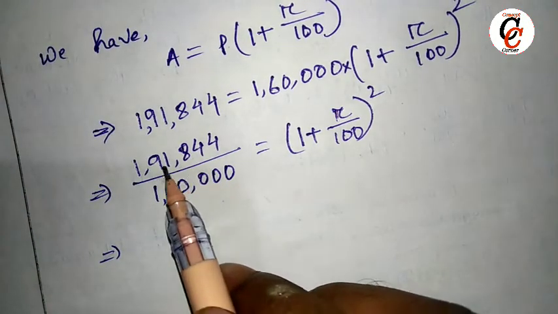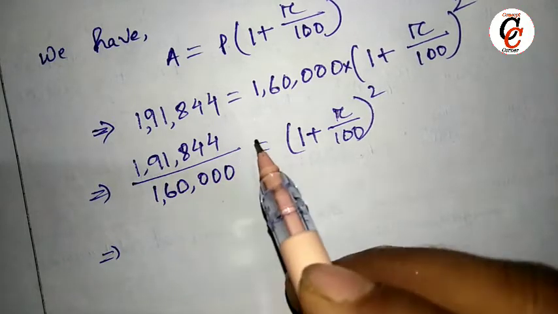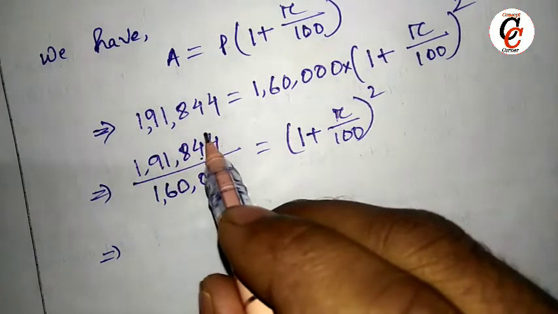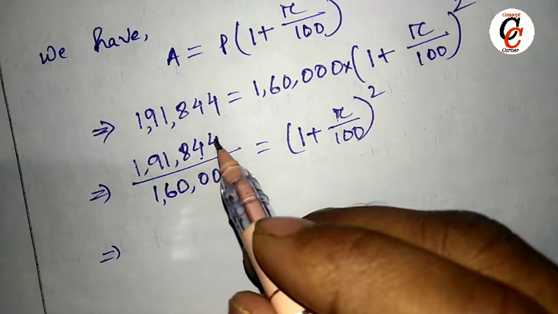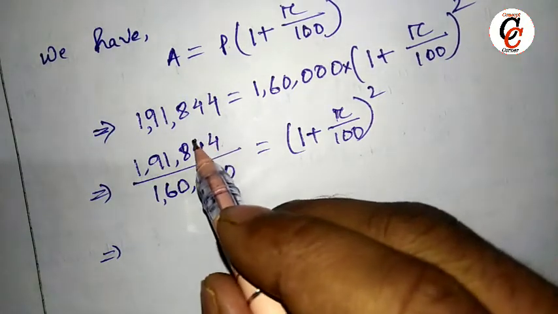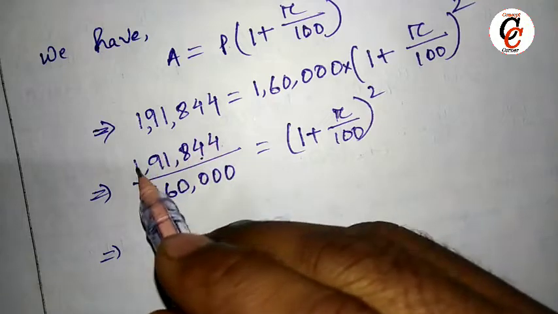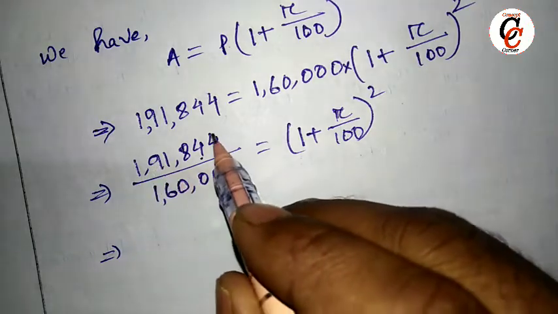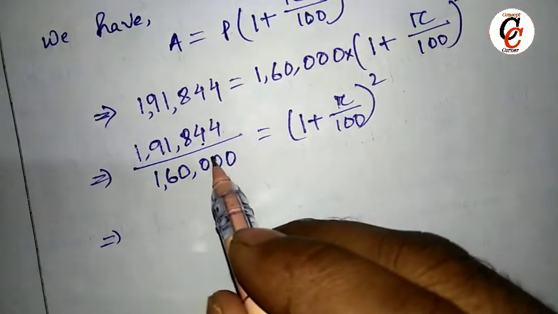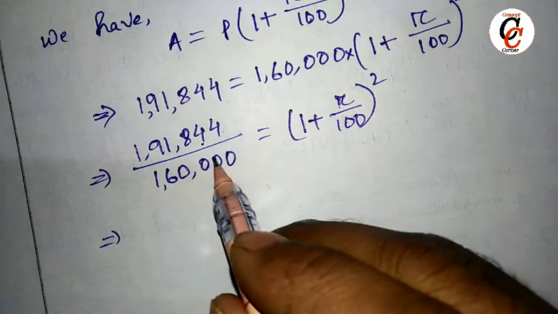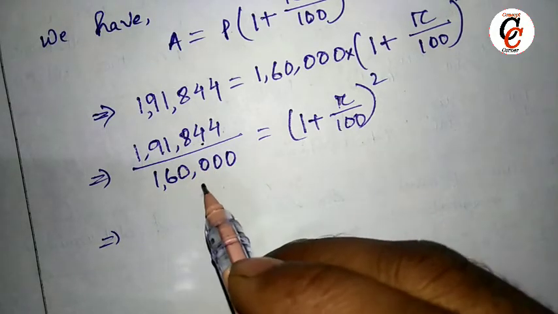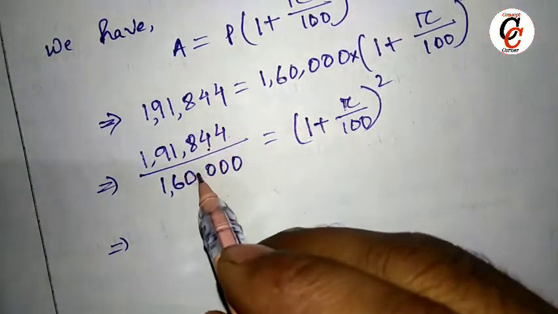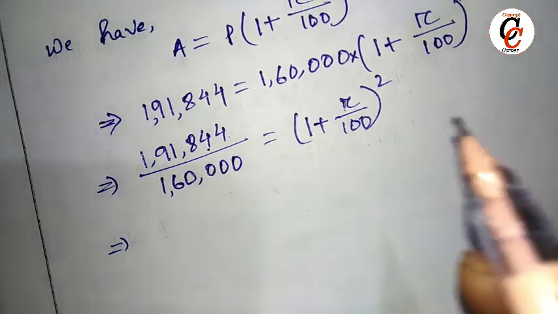Now see by what value we can divide both numerator and denominator. Since the last 2 digits are 44, it can be divided by 4. When the number formed by the last 2 digits of a number is divisible by 4, then the whole number is divisible by 4. Since 44 is divisible by 4, this whole number is also divisible by 4. Here also the last 2 digits are 00, so 00 can be divided by 4, so this whole number can be divided by 4. So after dividing both the denominator and numerator by 4, we get the value